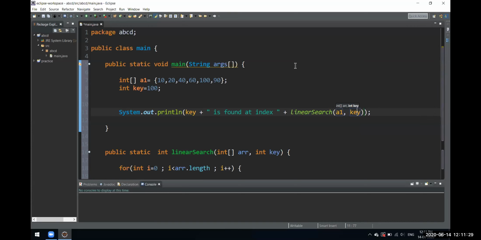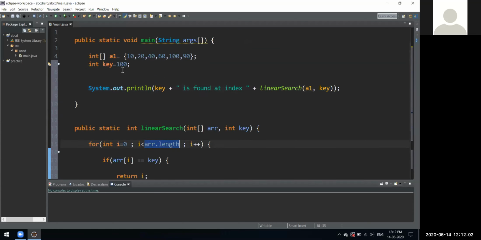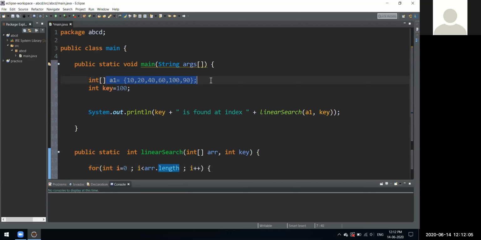Array.length value is not defined. Array.length is a function, right? If you have used arrays in any language, you have some inbuilt function like array.length, or if you have collections in Java like ArrayList, there we get different kinds of functions if we want to find the position of some element. So this is just a function of an array which returns us the length of that array. As soon as I specify array.length, it will search this array, find its length and return it over here.